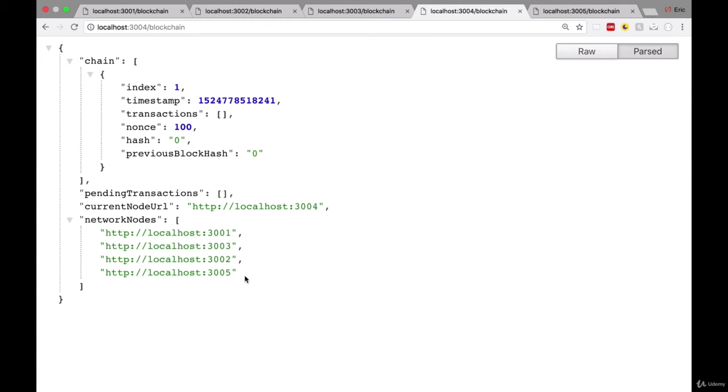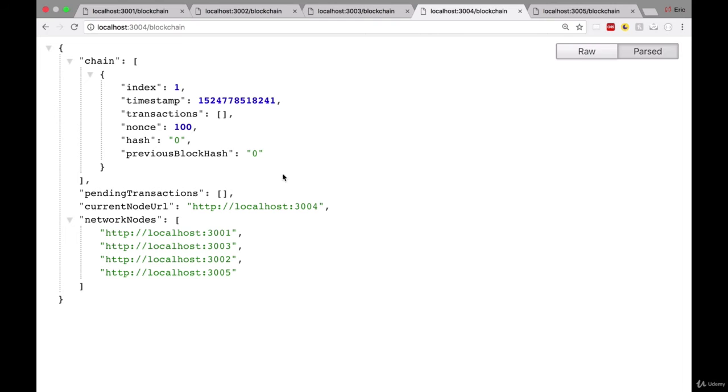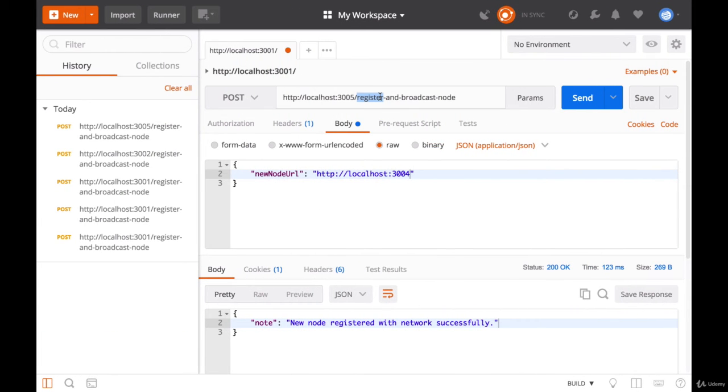So you might be wondering how all of this is working, right? Because when we make this request, we are saying add 3004 to the network. But then how does 3004 become aware of the entire network from this one request? If you remember from when we built out this register and broadcast node endpoint, there was actually a lot of calculations going on in this endpoint. So if we take a look at the code,